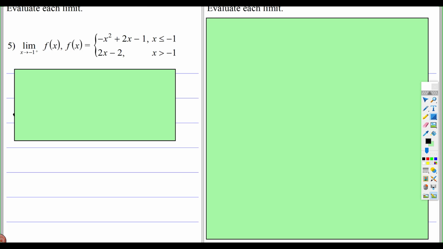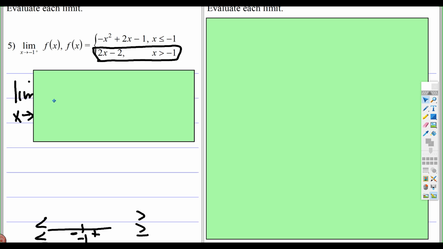Okay, now we're going to do the piecewise ones again. It's the same thing. Notice this is negative 1 from the plus side, right? So if negative 1, here's the positive side. Well, those are the sides where the values get bigger. From the left side, smaller. So we look right here,